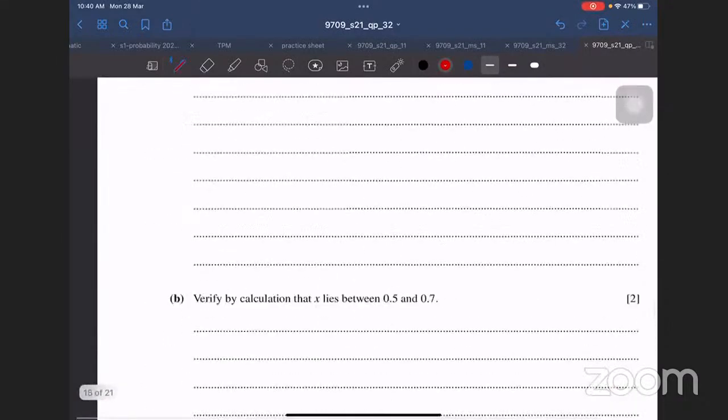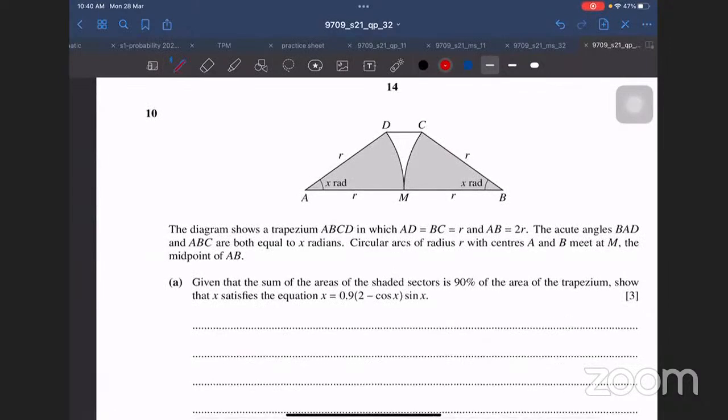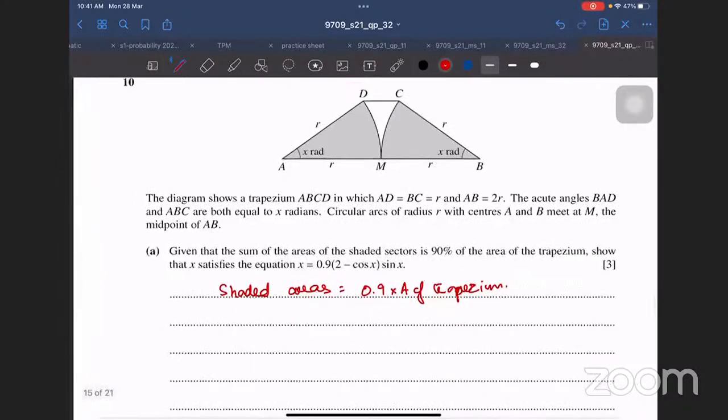Two more questions. Says the diagram shows a trapezium ABCD in which AD equals BC equals AB equals 2r. Okay. The acute angles BAD and ABC are both equal to x, and circular arcs of radius this and this meet at a midpoint at that. Given that the sum of the areas of the shaded region is 90% of the area of the trapezium. So yeah, shaded areas